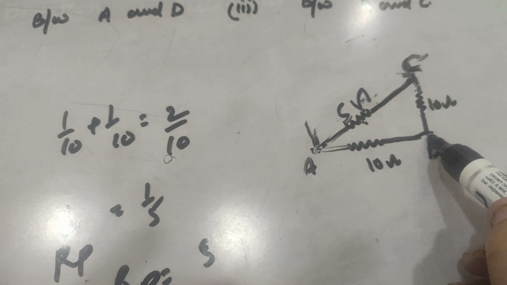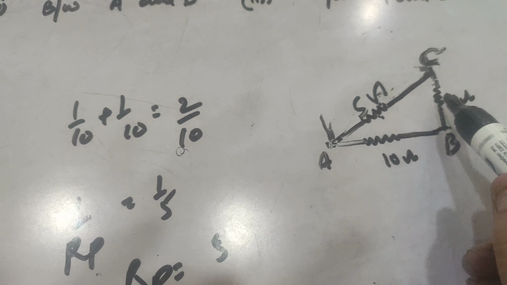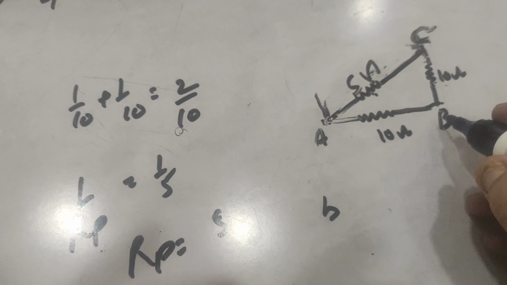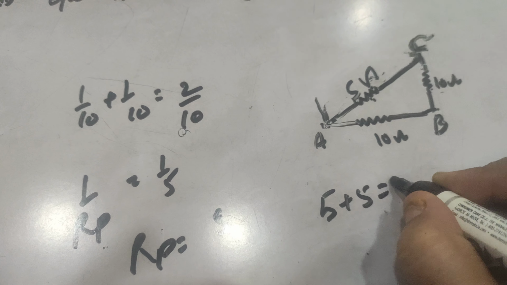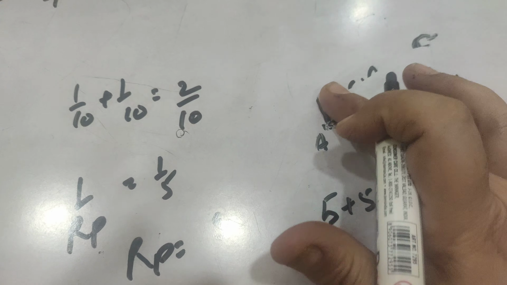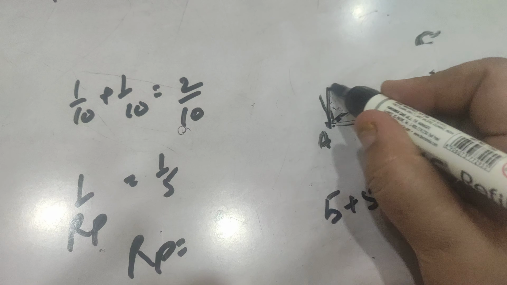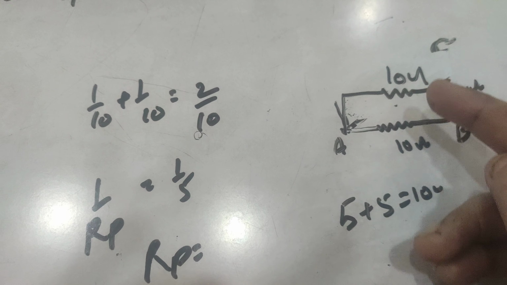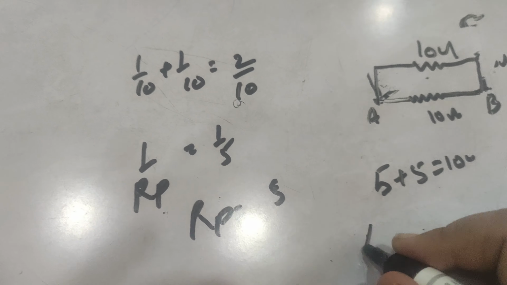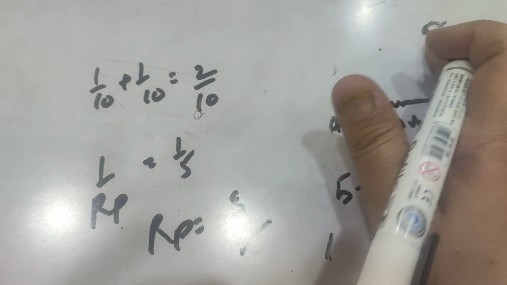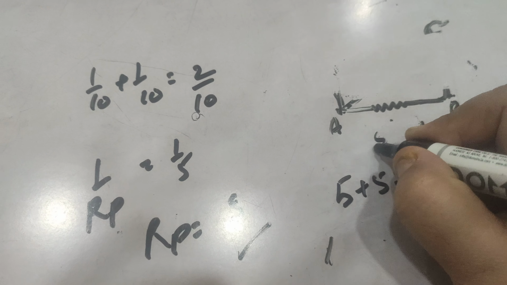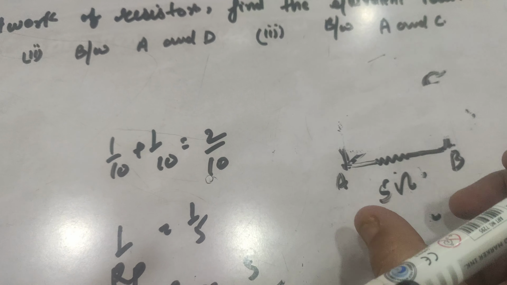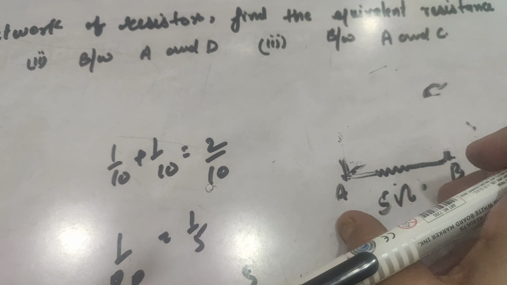Now this 5 ohm, while moving from A to B through C, this 5 ohm and this 5 ohm become in series. Since they are in series, they will be added and give you 5 ohm plus 5 ohm is equal to 10 ohm. It means now what we get across this combination is 10 ohm resistance. Now across AB, this 10 ohm is connected in parallel with 10 ohm, so total becomes again 5 ohm. It means across AB, the equivalent resistance becomes 5 ohm. So hence the combination has a resistance equal to 5 ohm across AB.